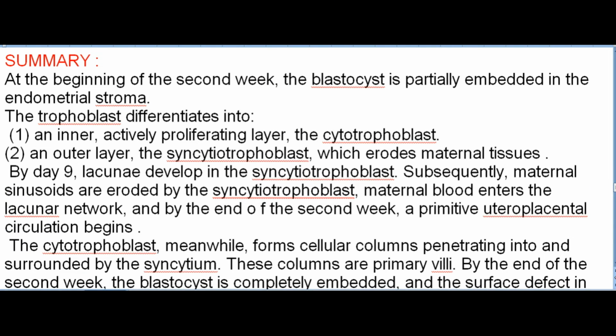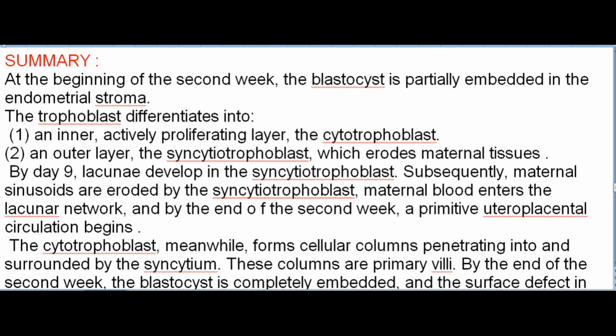Summary. At the beginning of the second week, the blastocyst is partially embedded in the endometrial stroma. The trophoblast differentiates into 1. An inner, actively proliferating layer, the cytotrophoblast. 2. An outer layer, the syncytiotrophoblast, which erodes maternal tissues. By day 9, lacunae develop in the syncytiotrophoblast. Subsequently, maternal sinusoids are eroded by the syncytiotrophoblast, maternal blood enters the lacunar network, and by the end of the